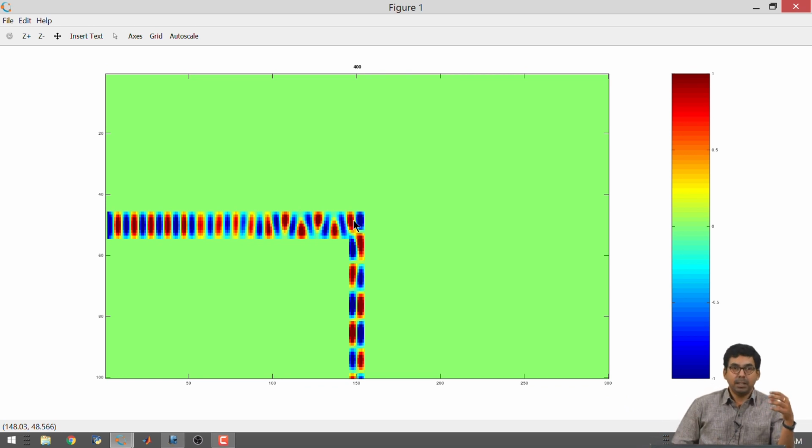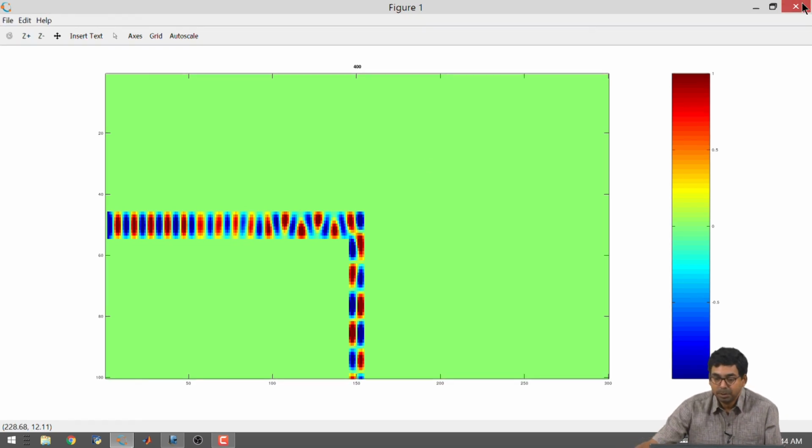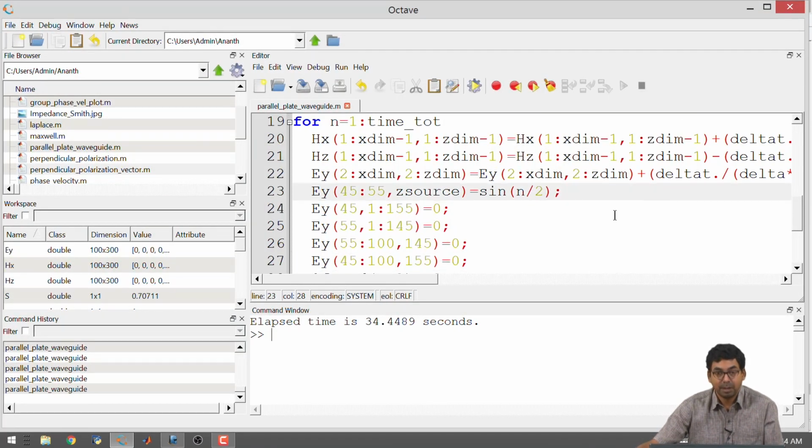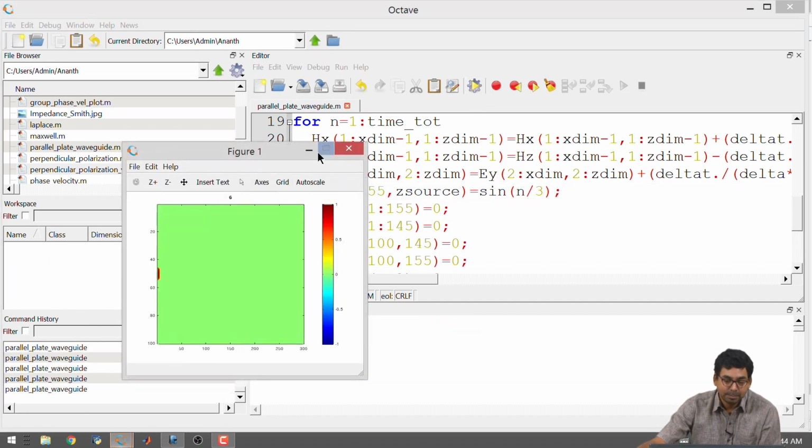And one of the simpler things one could do is make a 90-degree bend, but it seems that if you make a 90-degree bend, you are going to be able to measure the intensity, but the mode pattern is dependent upon the size of the waveguide, the number of modes it supports, the frequency of operation, etc. In order to do this once more, what we will do is, instead of n by 2, we will just see if we can do n by 3, and just see what happens.